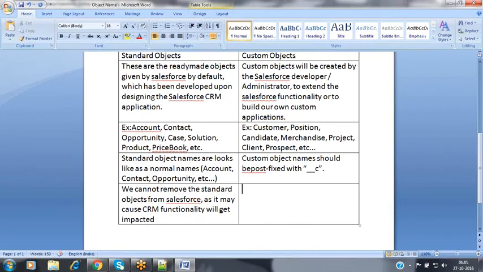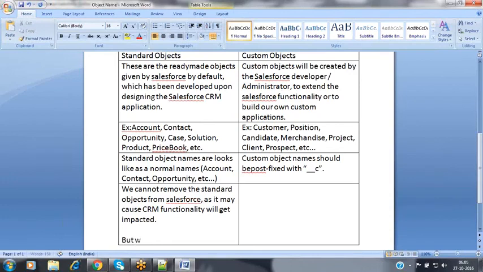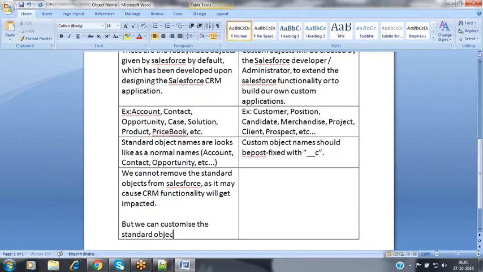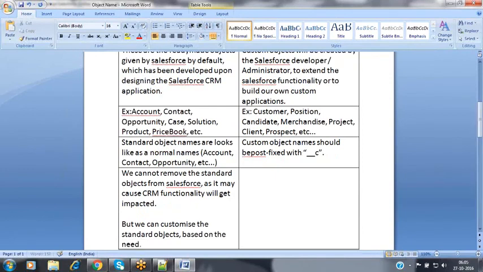We cannot remove the standard objects from Salesforce. Whatever standard objects are available, we can just customize them. But we can customize the standard objects based on the name. We can customize that.